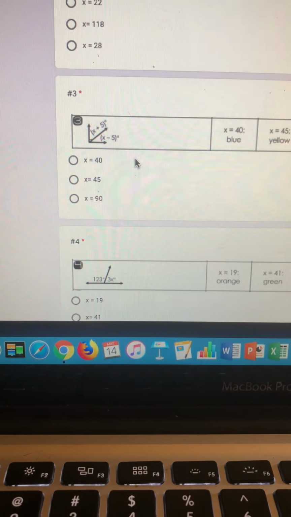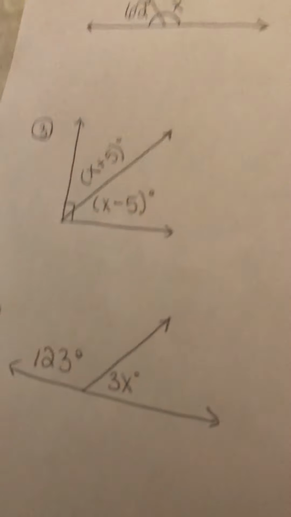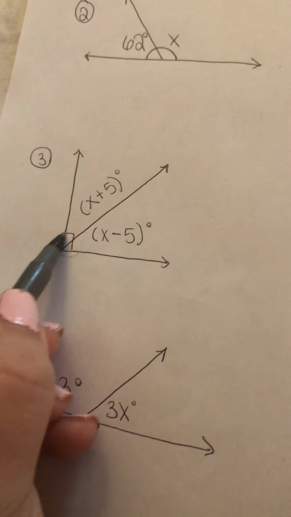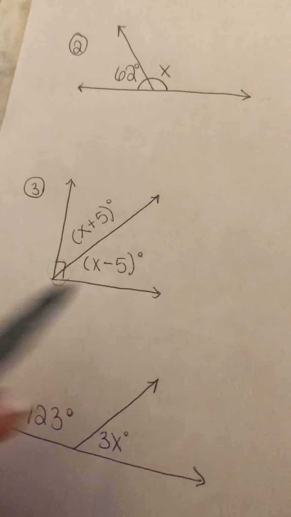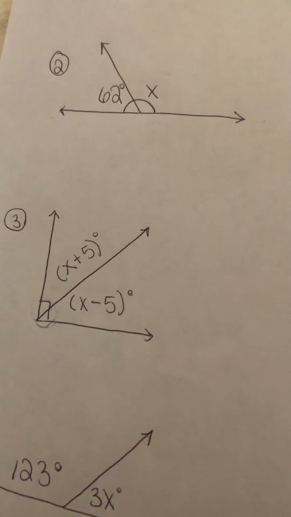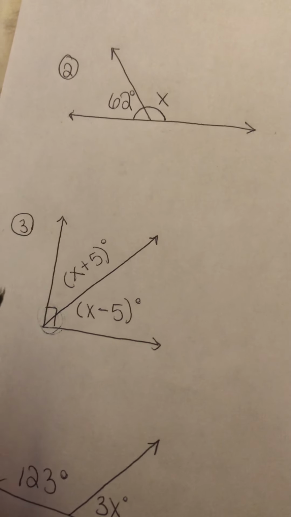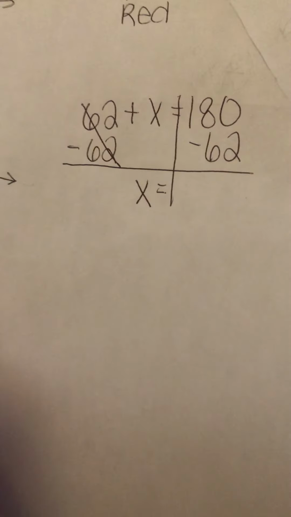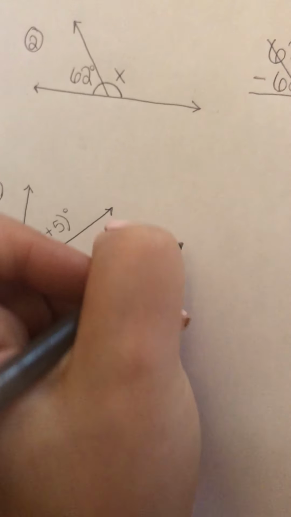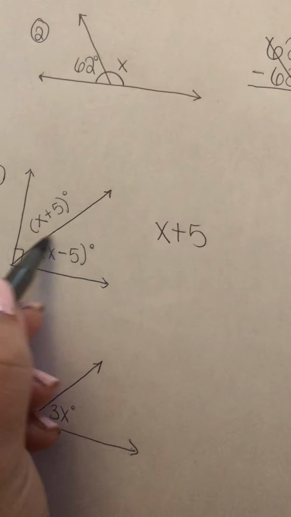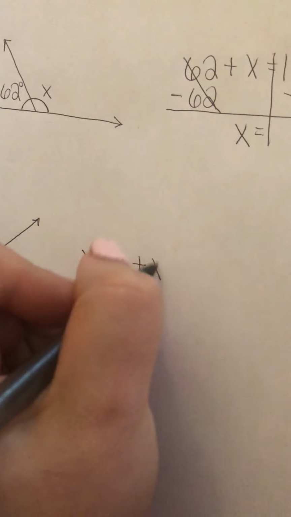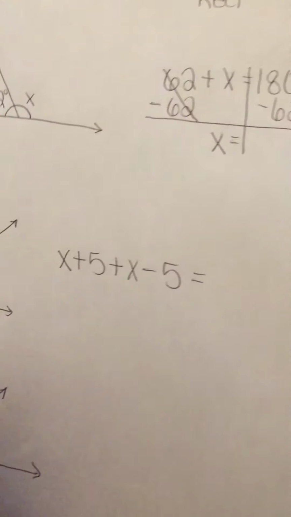All right. Number 3 is a little bit more challenging because we have an expression in both equations, so I wrote it down here. But notice that they're sitting in a right angle. So when I put this angle plus this angle, we're going to get 90 degrees, which means they are complementary. So let's write those 2 expressions down. So we're going to write x plus 5, right? That's this angle, plus x minus 5 equals